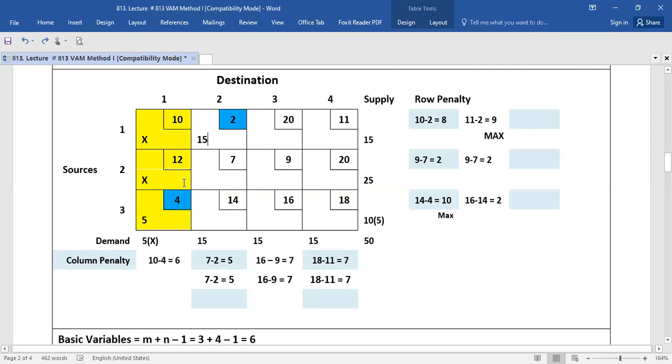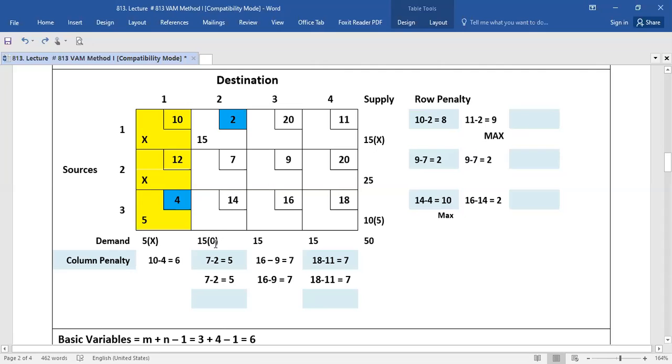You see that here we have 15 on both sides. Here is 15 as the demand, 15 as the supply. So both are equal, both are simultaneously being satisfied. So you will put 15 here and also put a cross in front of 15 on the row side, and you will put 0 in front of 15 on the column side. When you see that you have same values, you will put a cross on the row side and 0 on the other side.